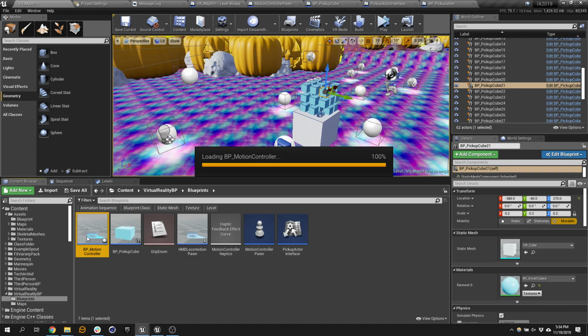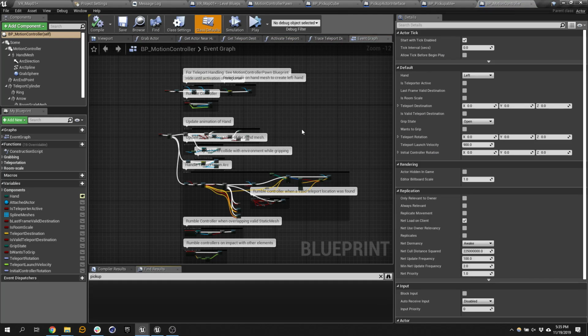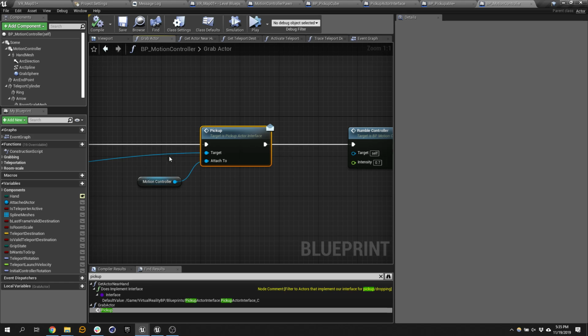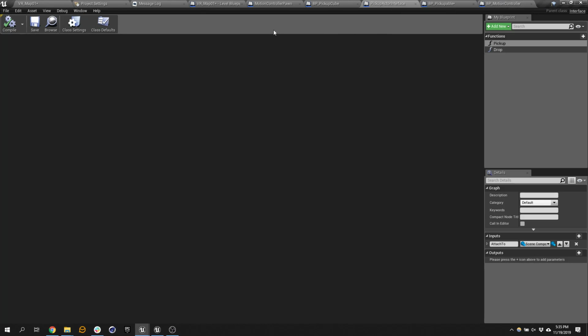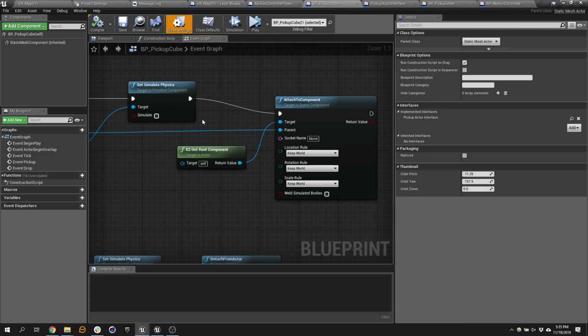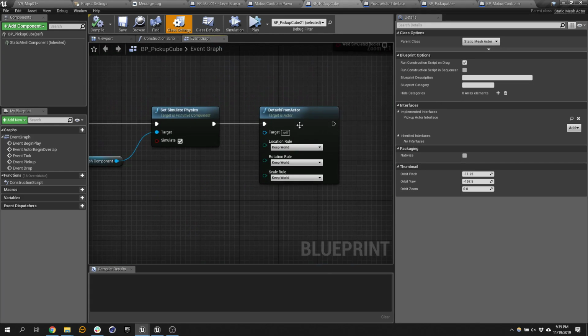And from here I could find where is it pickup. Right here. When it grabs, it's saying pickup. So it's sending, and this one is receiving that and doing things. What is it doing? Well, it's doing two things. It's saying it's not simulating physics, right? It's not falling away, and it's attaching it to my hand. That's all it's doing. And then when I drop it, it's saying it could fall, and it's detaching from my